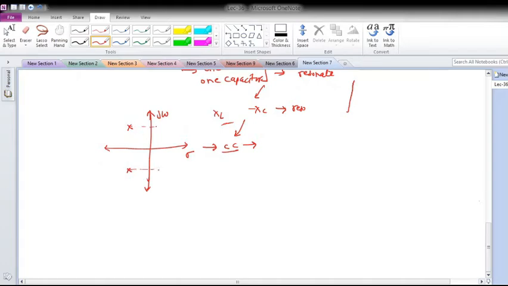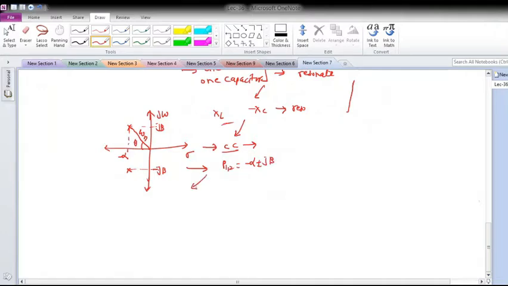Suppose this part is my alpha and this is my j beta, and this is minus j beta. The angle contributed from here is theta, and what is this magnitude? We said it is omega n, which is the undamped natural frequency. So what are the roots we have taken here? The roots will be minus alpha plus minus j beta.